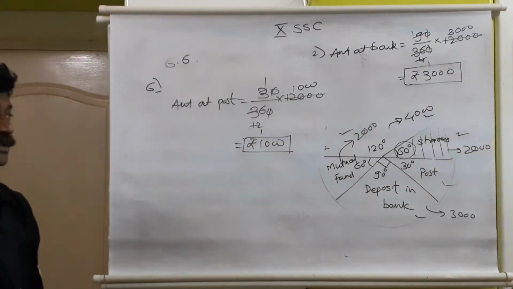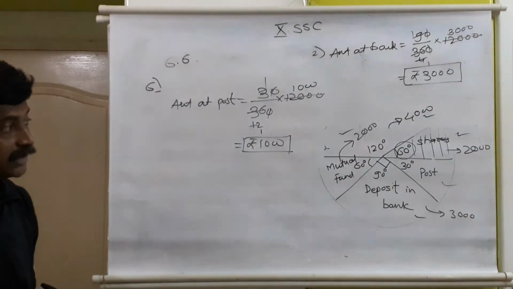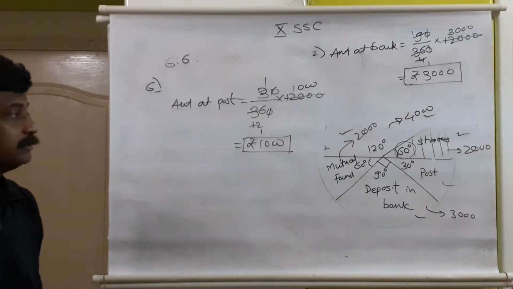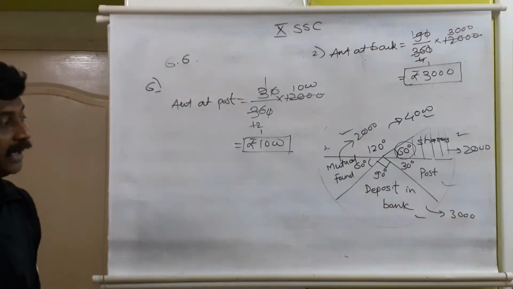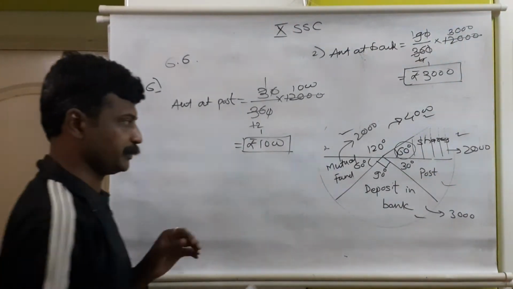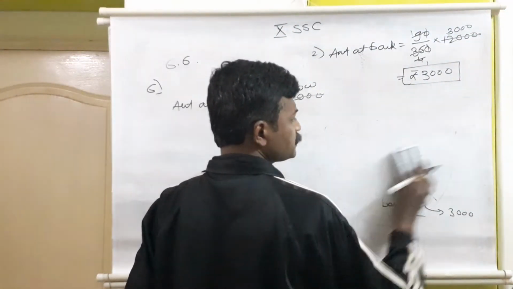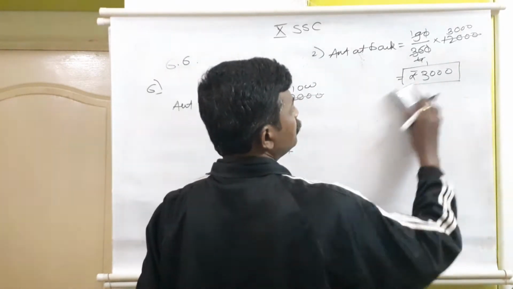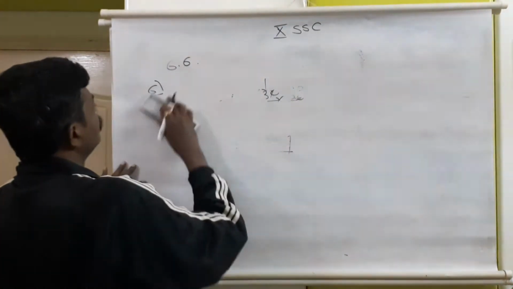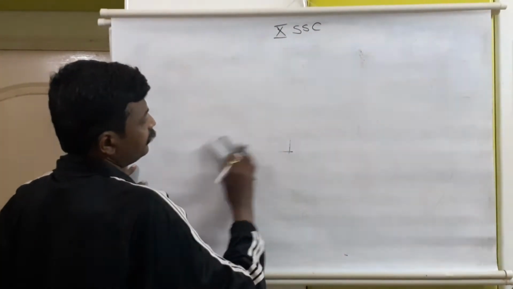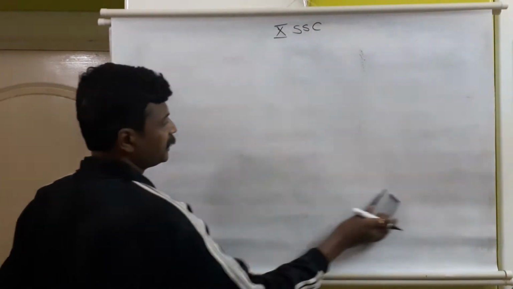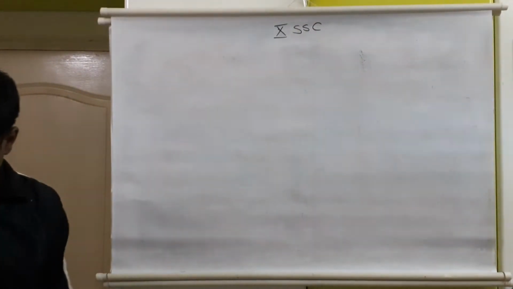And as per the questions asked here, in shares 2,000, in immovable property 4,000, in mutual fund 2,000, in bank 3,000 is the deposit, and in post it is 1,000 rupees. So the overall investment by this family, mentioned in question number 6 of 6.6, is 12,000 rupees. Here we completed the practice set. Now we'll start with the problem set.